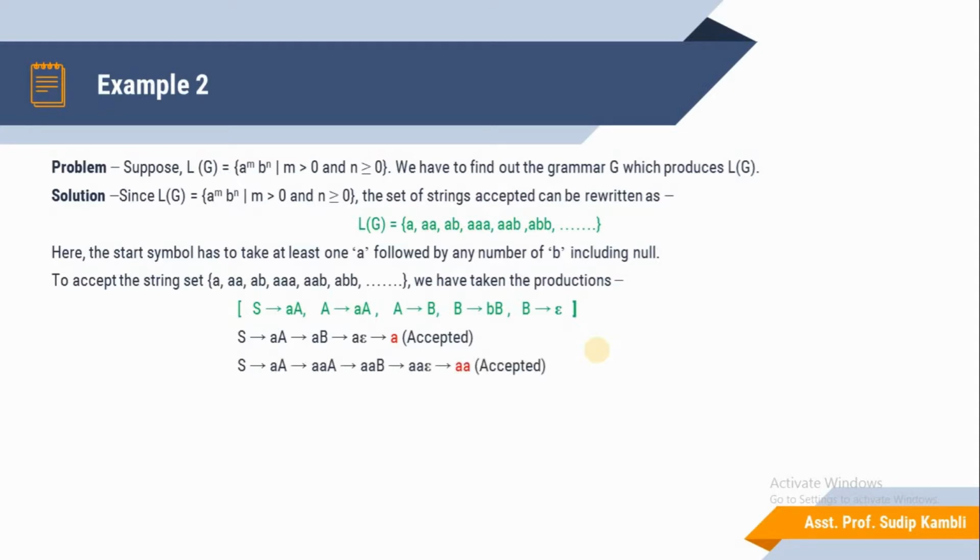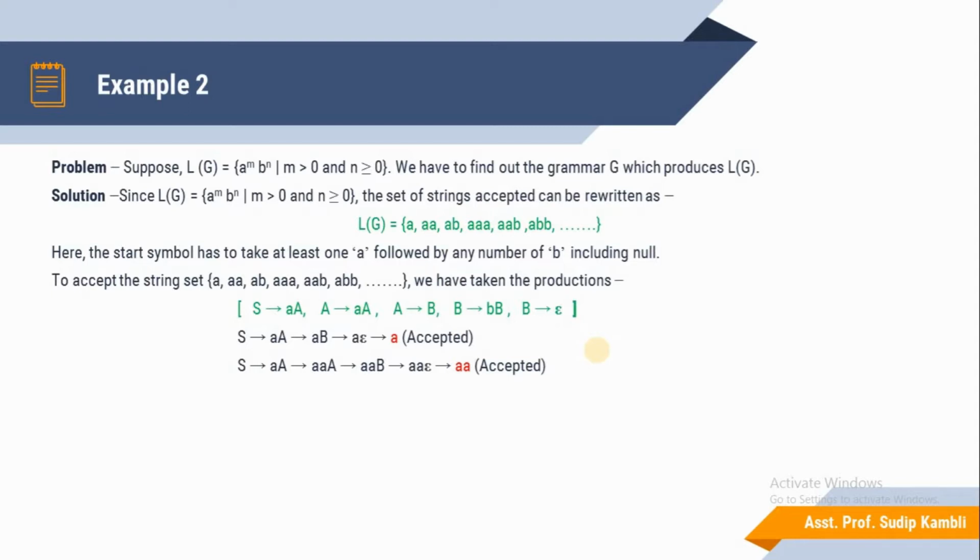So here we cross-check the second string, double a, which is accepted using the production rules. The start production rule is S derives aA. A is replaced by aA, a terminal symbol attached to the non-terminal symbol A. The new production set gives aaA. Using the same production rules, A is replaced by the non-terminal B, so aaB. Then the last production rule, B derives epsilon, is applied. B is replaced by epsilon, so aa is attached with epsilon.